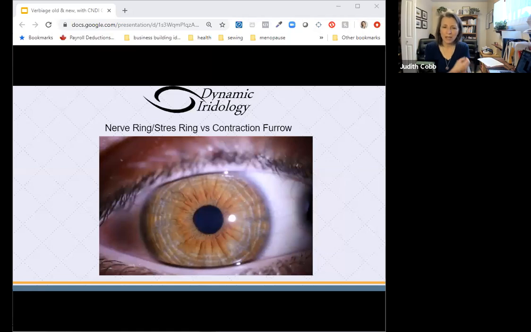This person does like to be busy all the time. These rings are more apparent when the pupil is dilated and the iris tissues of the humeral and ciliary zones are contracted. So when we have the distance between the pupil and the edge of the eye getting narrower, these contraction furrows appear deeper and darker. And it's not really, they are deeper and darker, but that's not an indication of their severity. It's an indication of how much that tissue has been contracted and compressed.